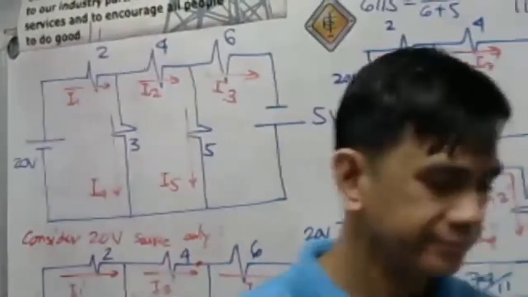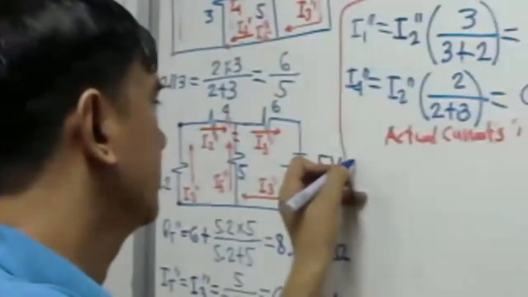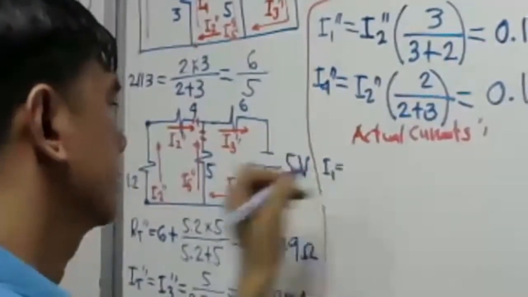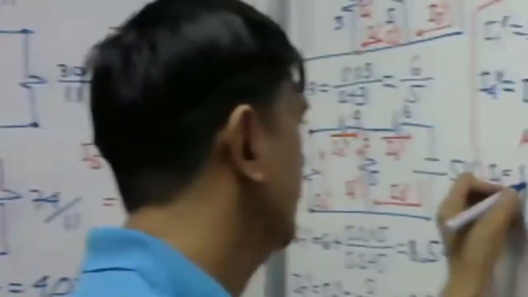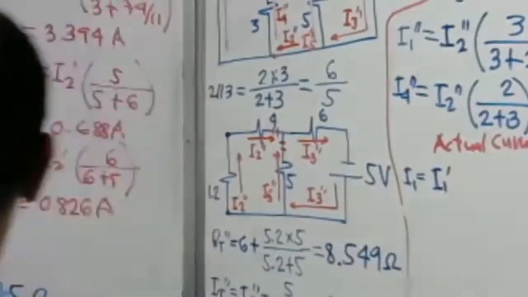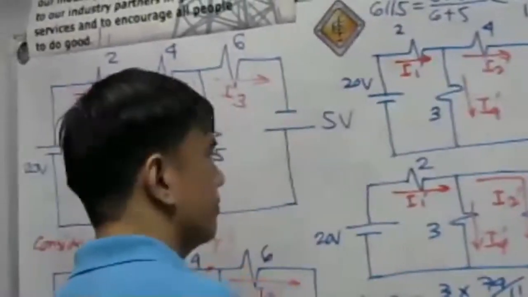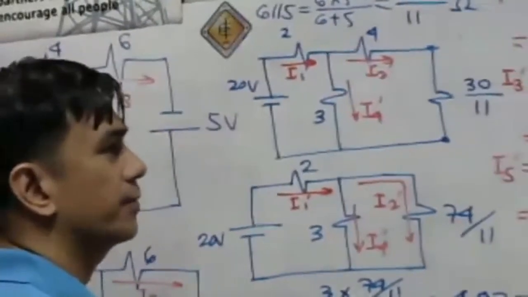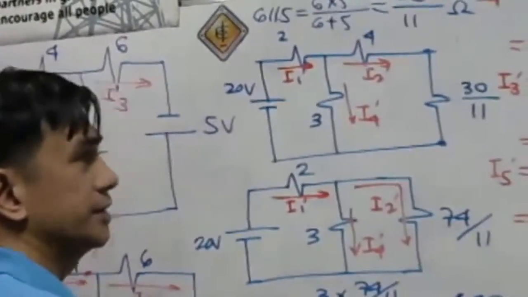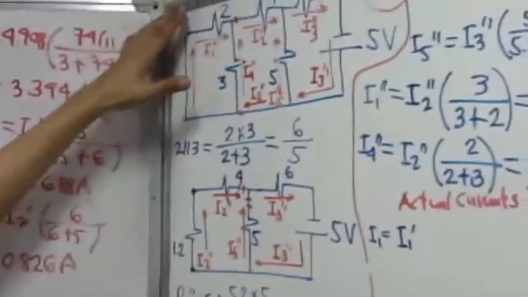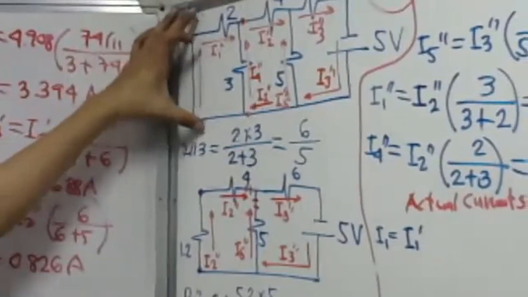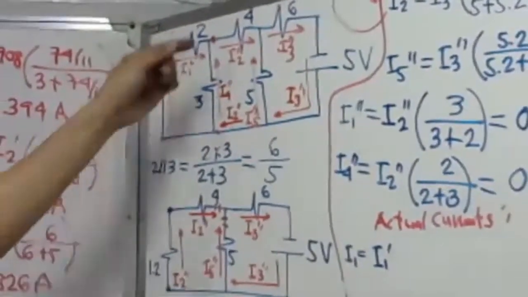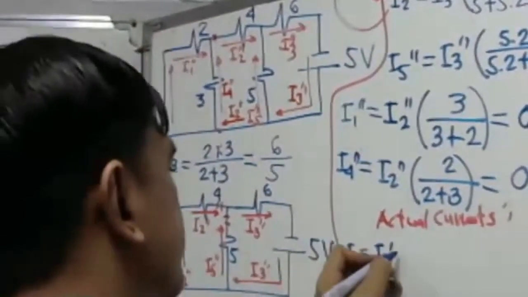I'll put here I1. Where is the prime? To the right. The prime is to the right also. That is equal to positive I1 prime. But what about the double prime? Where is the double prime? This is considering the 5 volts only. Okay? You put here, consider the 5 volts only. So that is also to the right. So, therefore, we just have to add